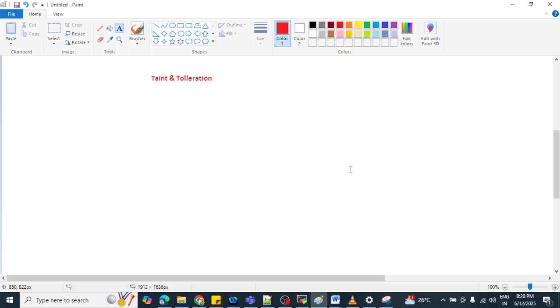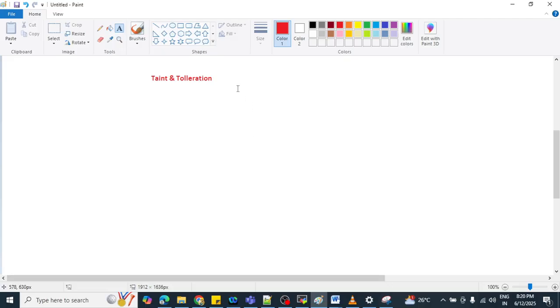Once we apply a taint to any node, it means that we are marking some special property on that certain node only. Let me explain through Paint so that you will easily understand.